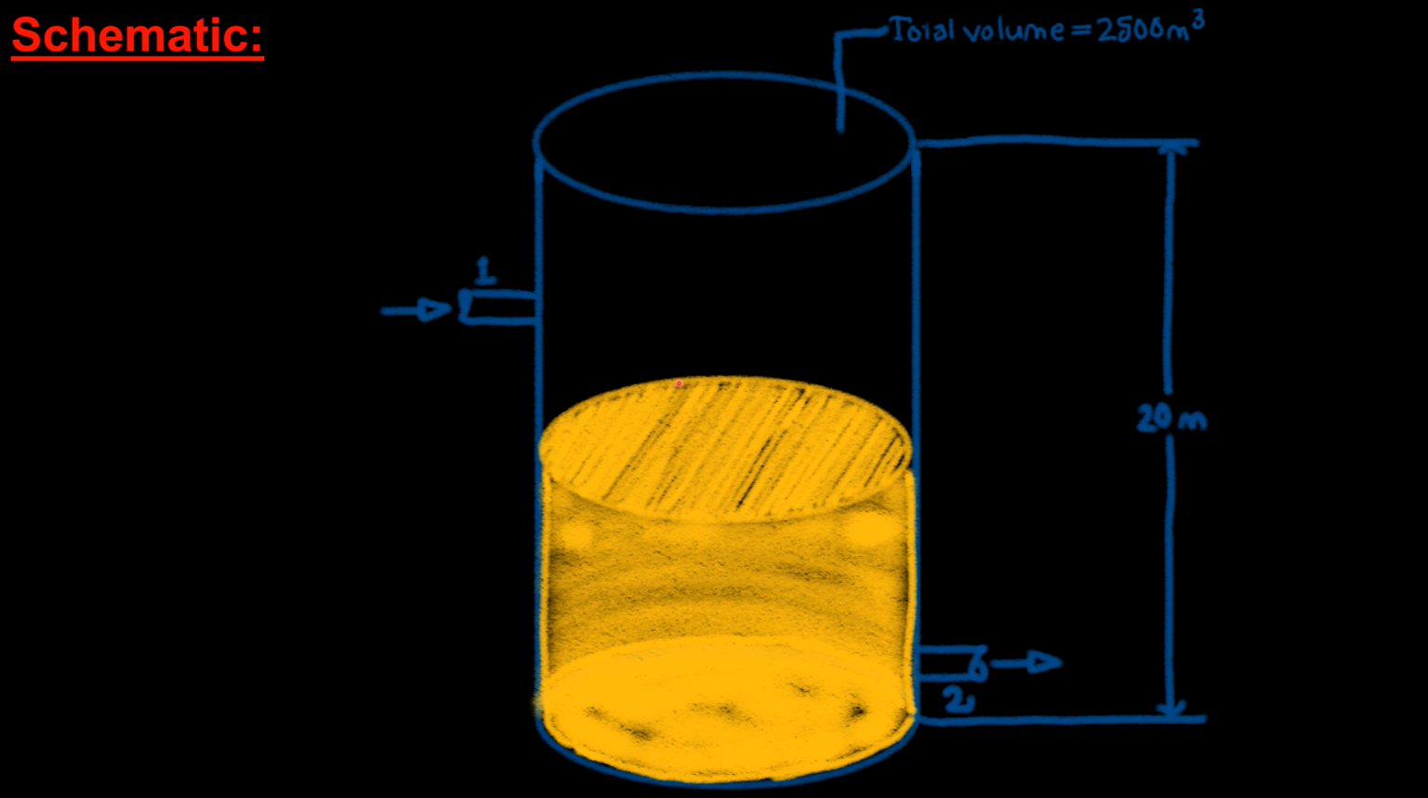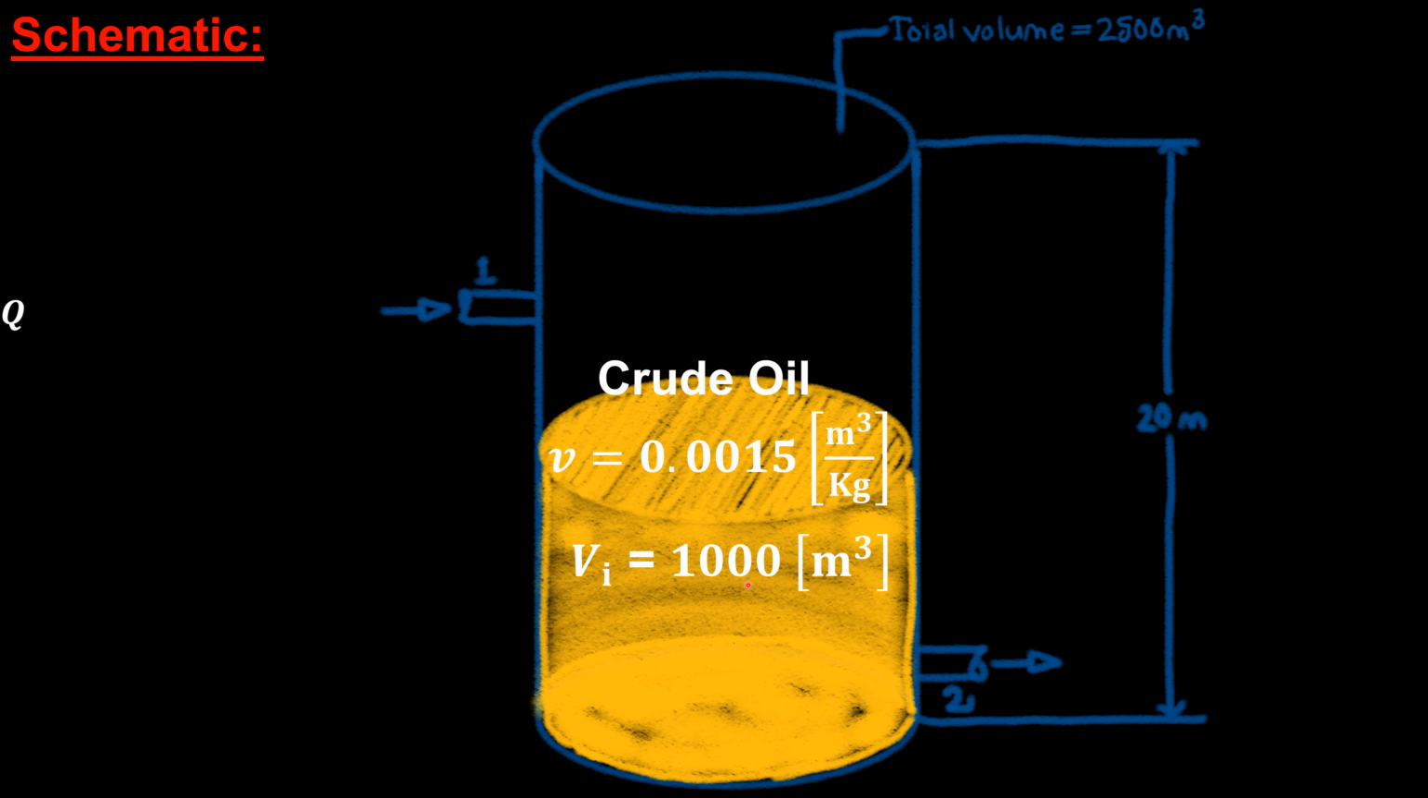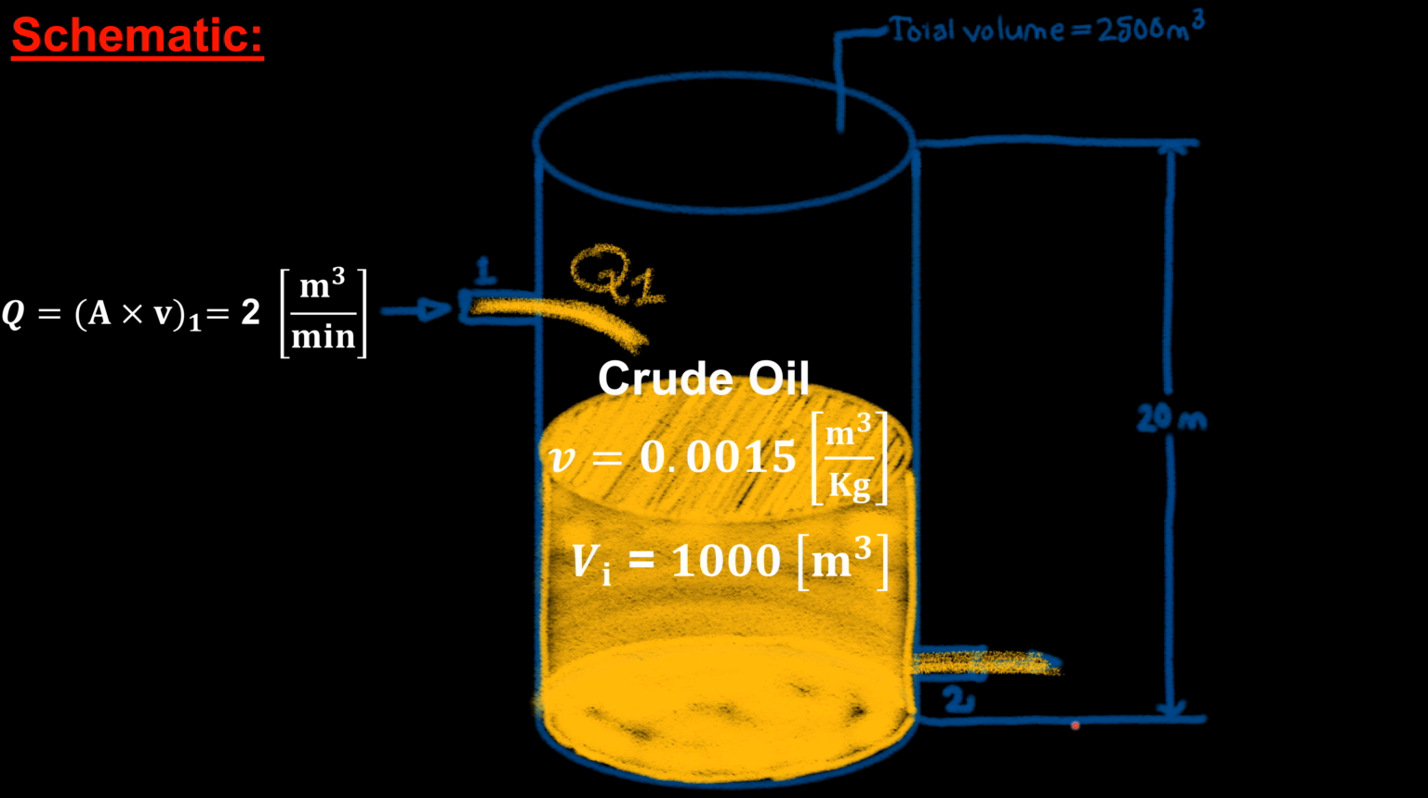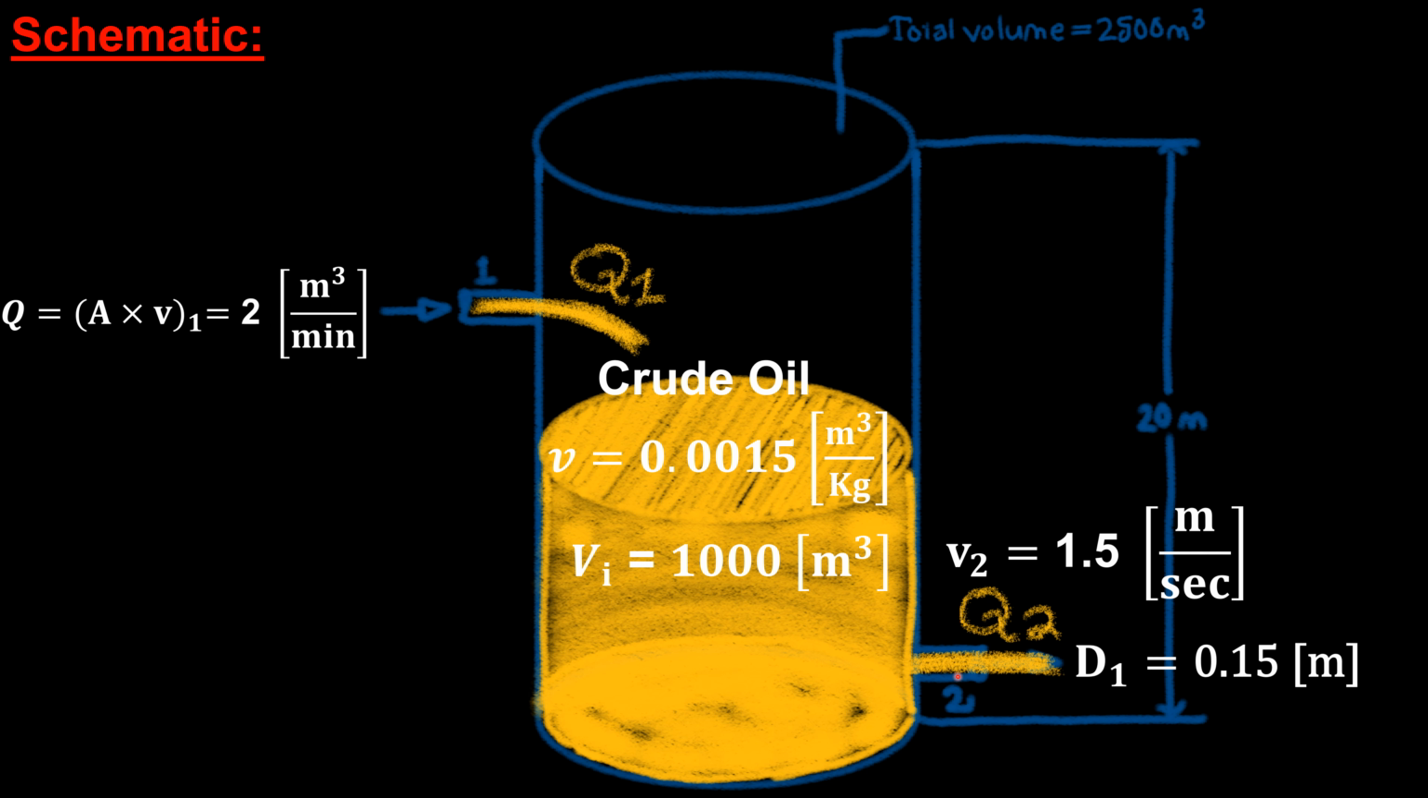So this is the figure that we talked about in the beginning. Here we have crude oil. The specific volume is 0.0015. The volume is 1000, and at pipe 1 we have a constant volumetric flow rate of 2 cubic meter per minute. We start pumping it into the storage tank and the crude oil starts exiting at a velocity of 1.5 meter per second, and the diameter of pipe 2, this is by mistake, this should be D2, equal to 0.15